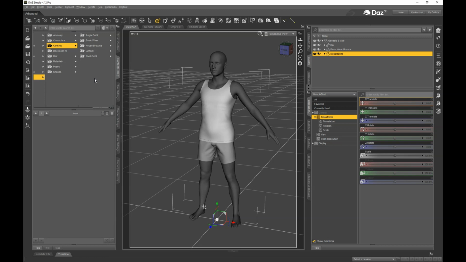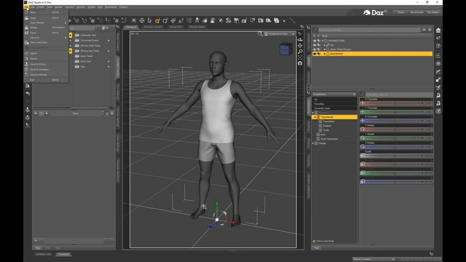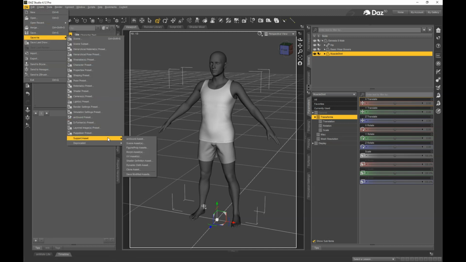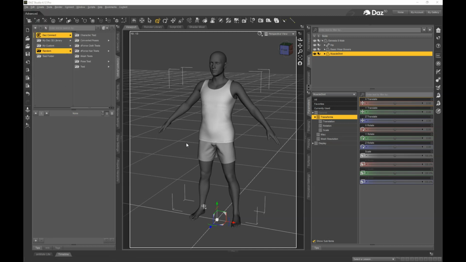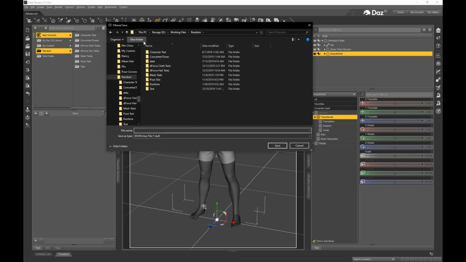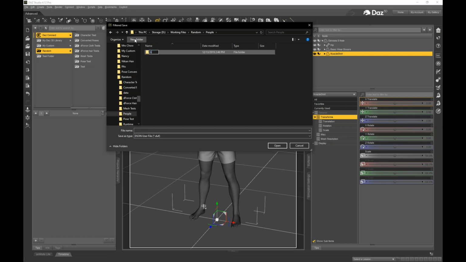I'd recommend probably you're going to create this folder structure, People, Genesis 8 Male, Clothing, and then create your artist name and then go from there. So I'm going to go ahead and save. Now for now I'm just going to be saving into my random directory here. So File, Save As, Support Asset, Figure Prop Asset, and now under random I'm going to create People. I better spell it right or it won't work. And then inside People, Genesis 8 Male,